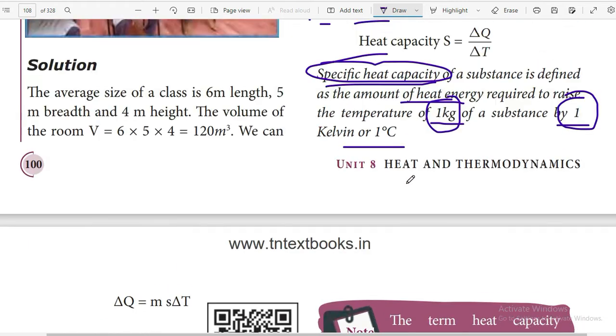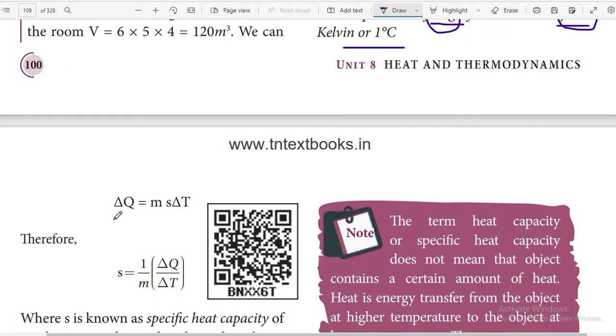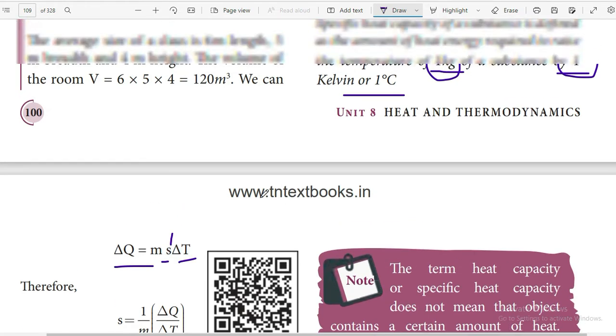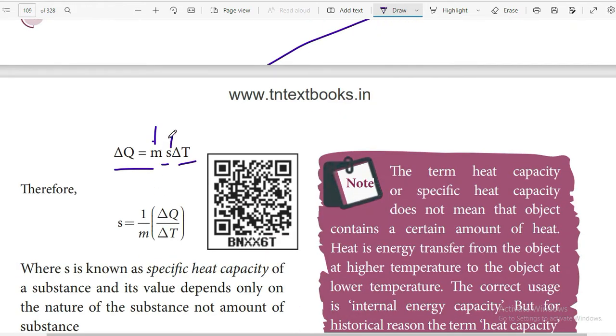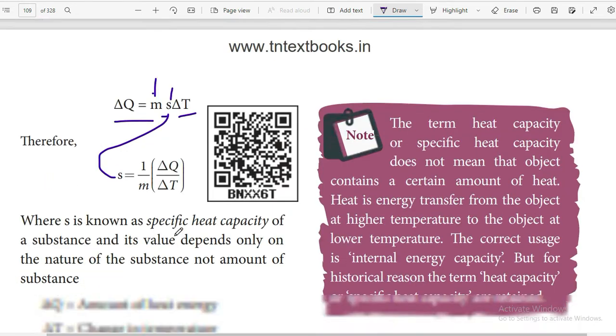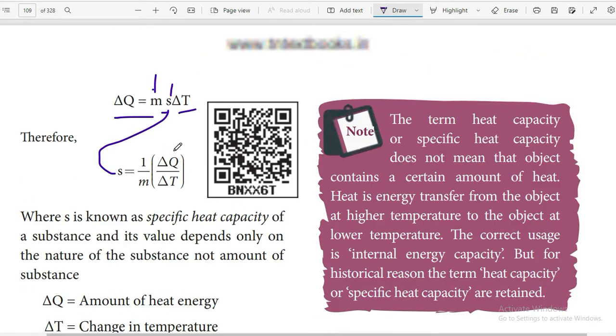The formula for specific heat capacity is again del Q is equal to M S del T, where S is the specific heat capacity. M is the mass, that is 1 kg. We are actually heating a mass of 1 kg, so that's why we take the mass. Now we have to find S alone. So S is equal to Q on one side, M goes down, and del T is here, that is the difference in temperature.